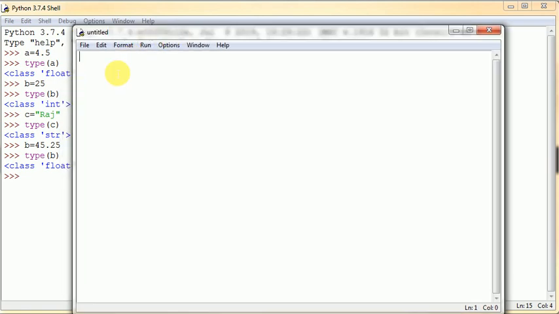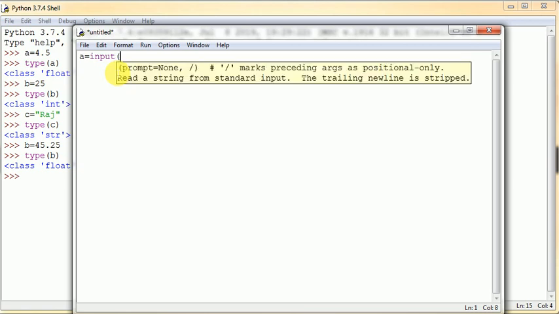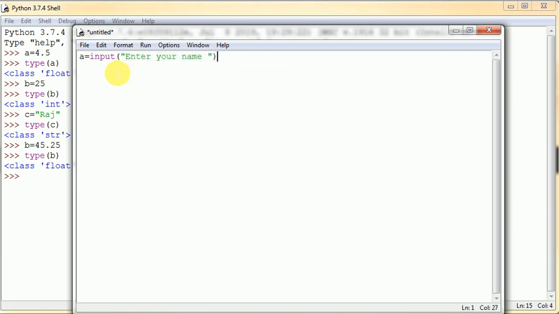I am taking here a is equal to input, enter your name. Then print a.